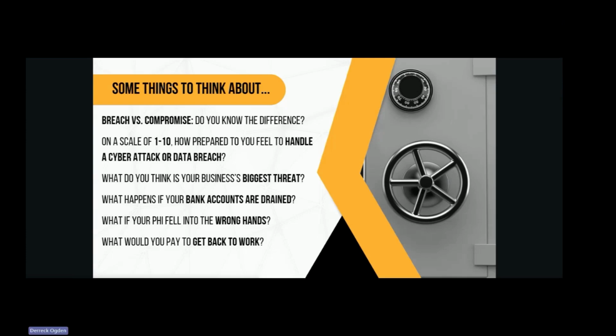So when you're looking at this stuff, keep these things in mind. And a couple quick things I want to explain. There's the terms breach and compromise that often get confused. And the easiest way I've found to explain it is, a compromise is you've dropped your keys in the parking lot when you're walking into the grocery store. You dropped your car keys, your house key, your mailbox key, your office key. They're all on the same key ring, and you dropped them in the parking lot by accident. That's a compromise. That's a hole in your security. That's something that could be used against you, right? So that's essentially a compromise.